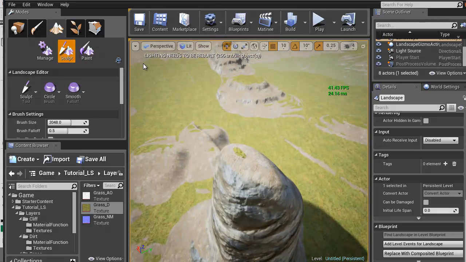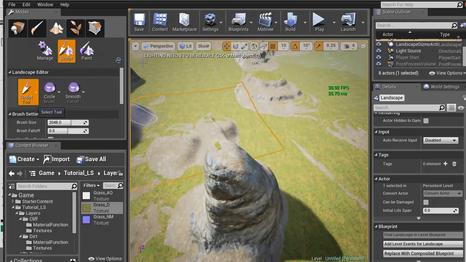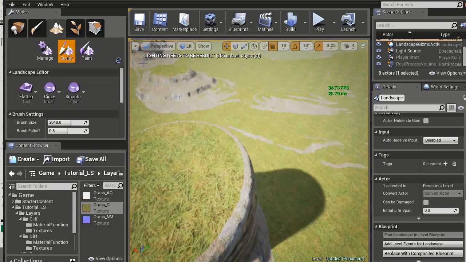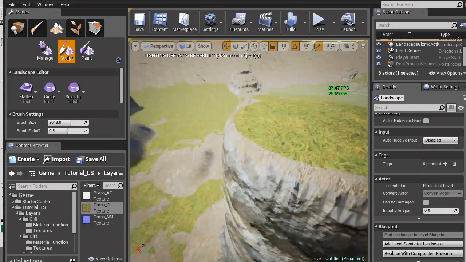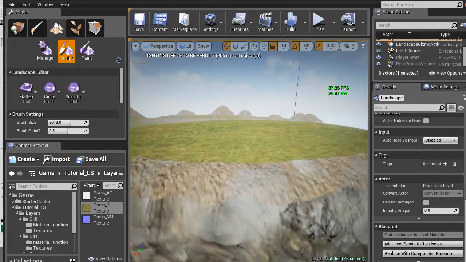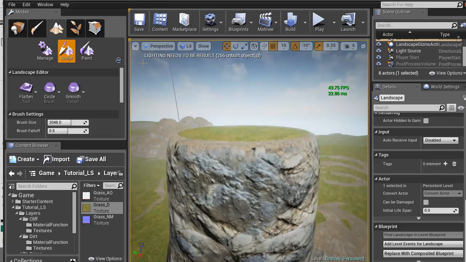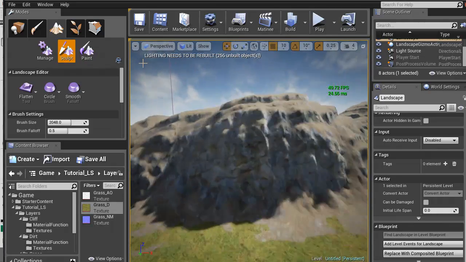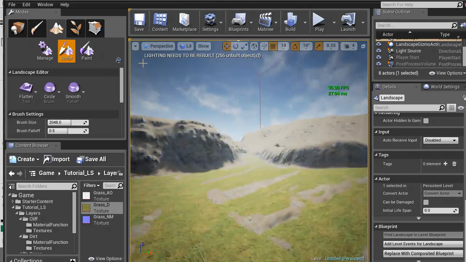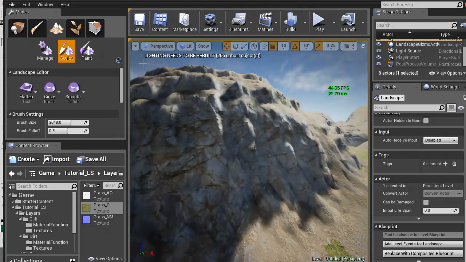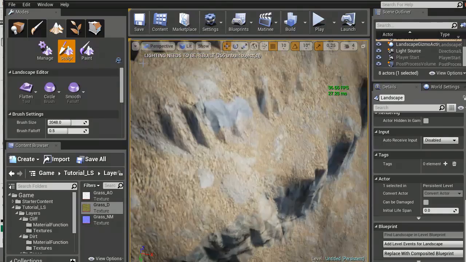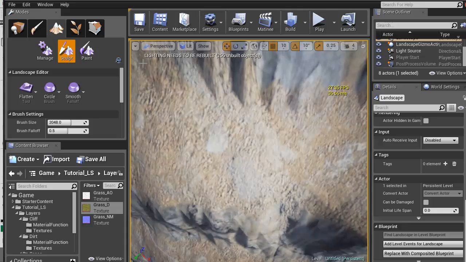Okay, if I want grass right on the top of there, I can just flatten that out. Okay, here's grass to dirt to cliff. Trust me, I know that I really don't feel like my controls are solid yet. I feel like I'm fighting the controls a little bit. I feel like the dirt's pretty good. That's cutting in and out of the rock where I need it to, but